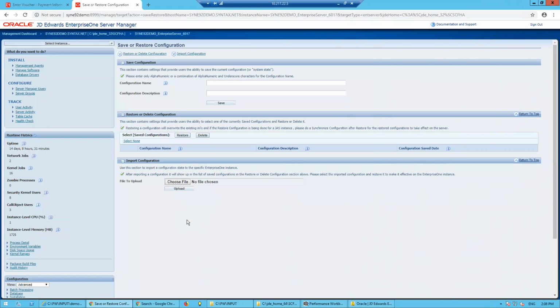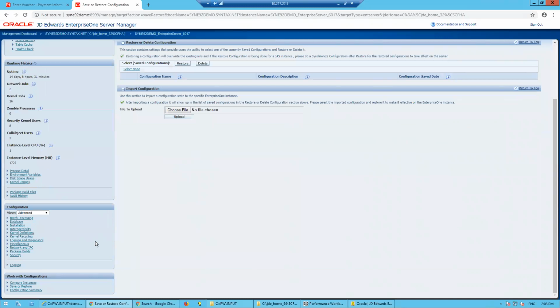and restore those. Now, this is all dependent on what version of Server Manager you are actually running. I always recommend that you run a recent version of Server Manager as long as it's within the same tool set, so stick within 9.2 or stick within 9.1. There's typically no harm, just a lot of benefit to keeping that Server Manager release up to date. One of the most important things that we'll look at here is the logging. But before we do that, we're going to take a look at the